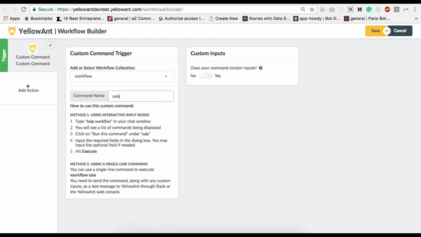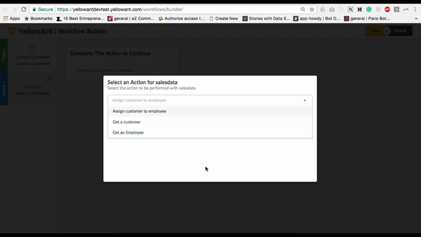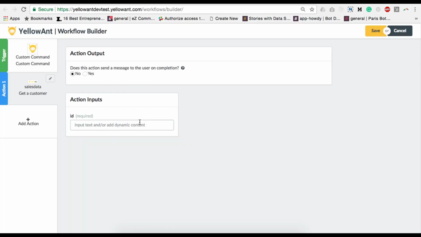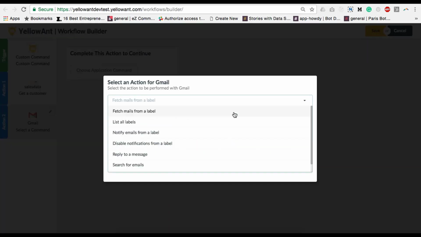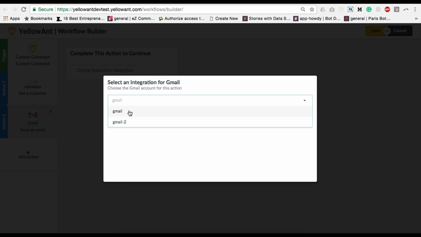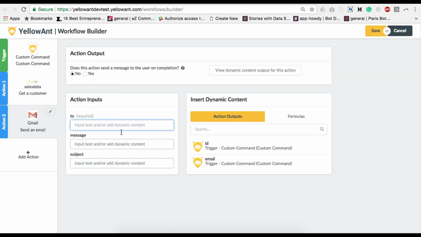I just say sales to mail, and all it does is take the ID of the customer and then mail. So what we can do is go to sales data, say get the customer by ID, and then go to mail and send the mail. Since we are taking the ID and email as input,